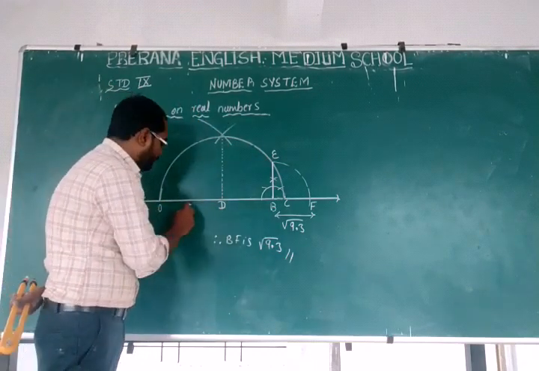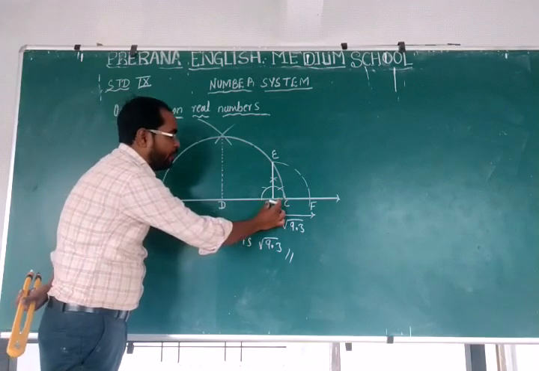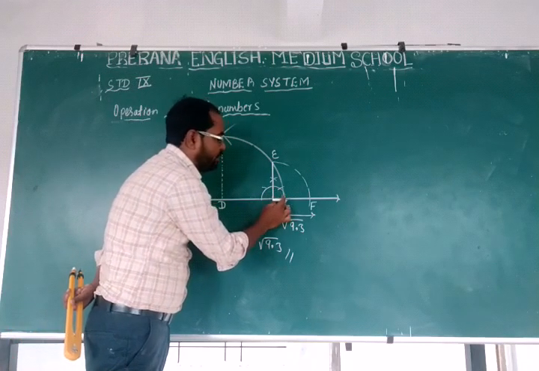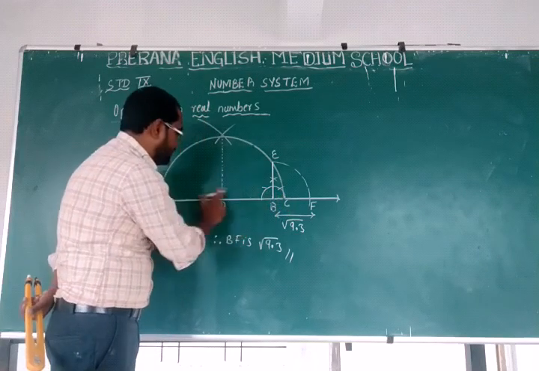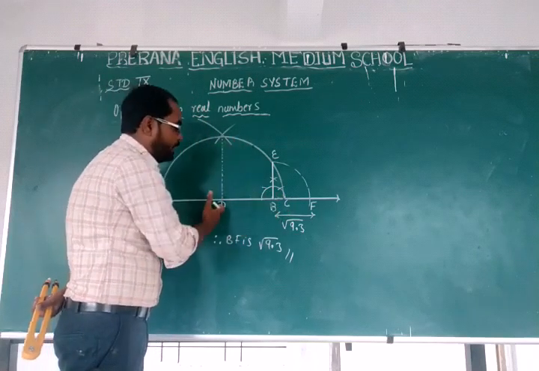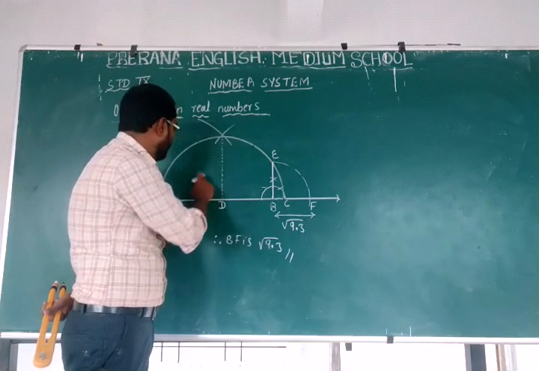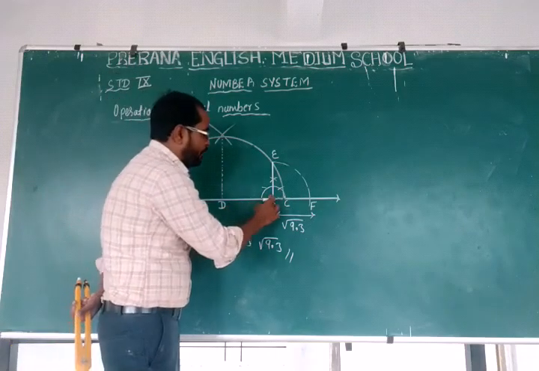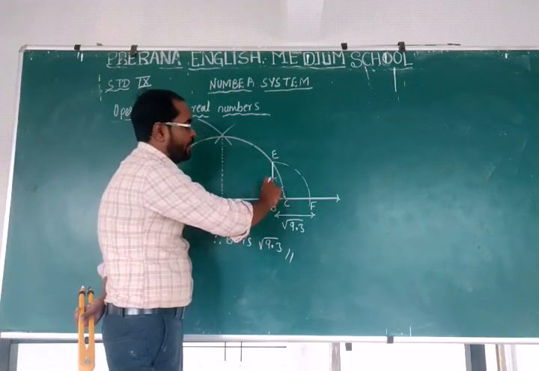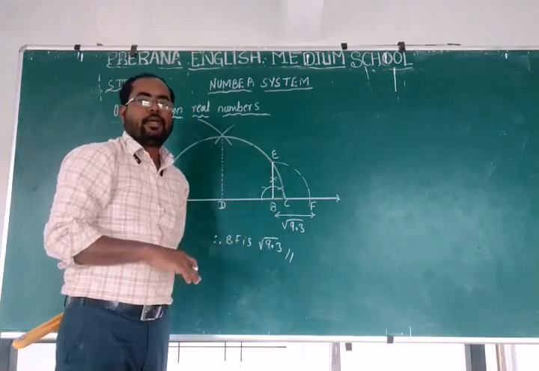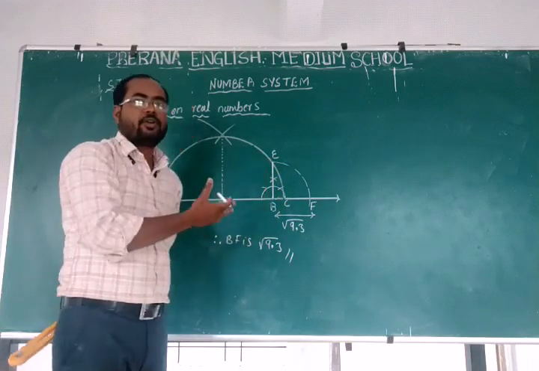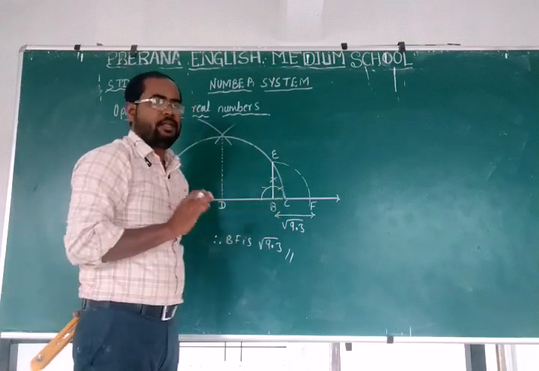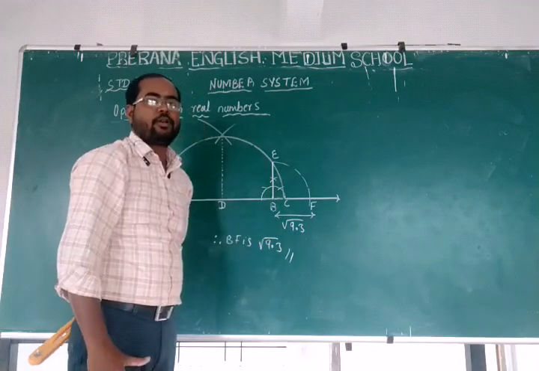First, draw a line. Take OB as 9.3 centimeters. Then extend 1 unit to C. From B to C, you draw 1 unit. From O and C, cut an arc. Take the midpoint as D. From the midpoint D, you draw a semicircle. After drawing the semicircle from D, you draw a perpendicular. By cutting an arc, draw a perpendicular. After drawing with the help of a compass, or with the help of a scale and protractor, you take 90 degrees. That's it. Take 90 degrees and draw the perpendicular.